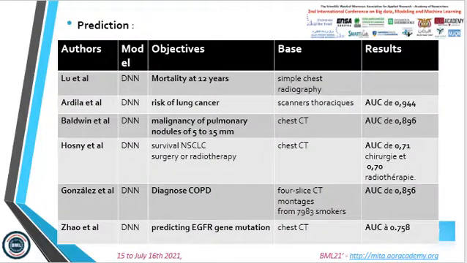For prediction, many teams have worked especially on lung CT images using the DNN as a model to predict survival, malignancy of lesions, or mutation of certain genes, and they have obtained satisfactory results with an AUC ranging from 0.71 to 0.94.